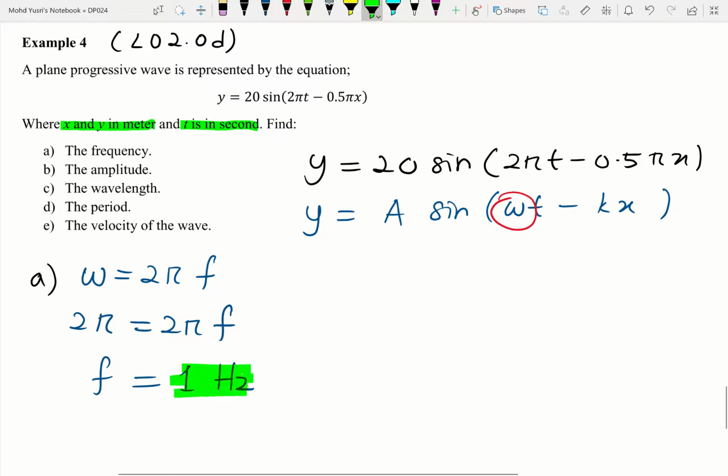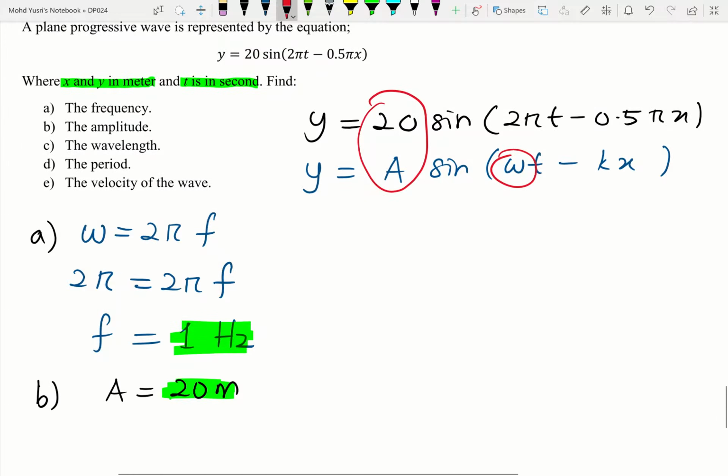So B, what is the amplitude? Okay, so again, don't use your brain. 20 meter. Okay, so itu clear, very clear from the equation that amplitude is 20 meter. C,